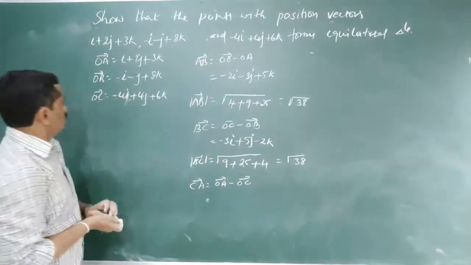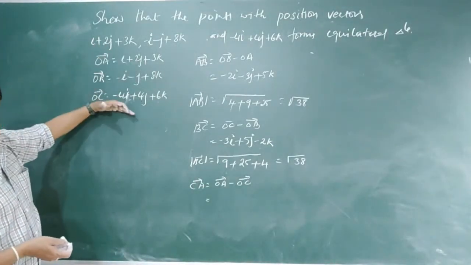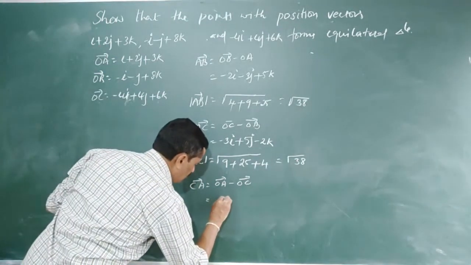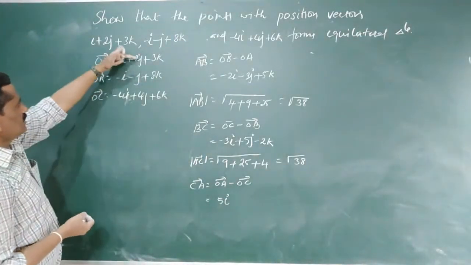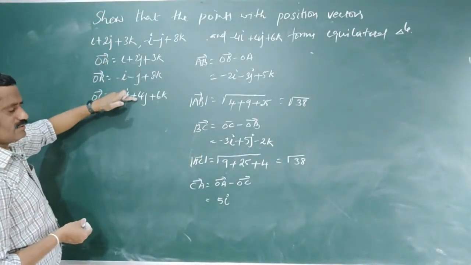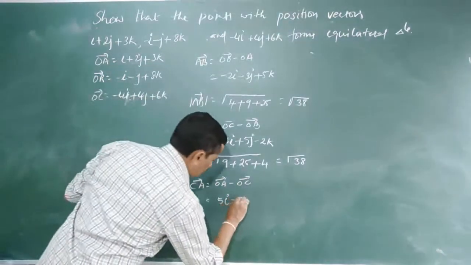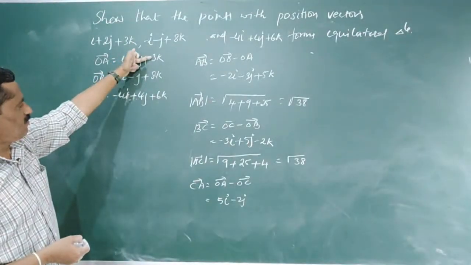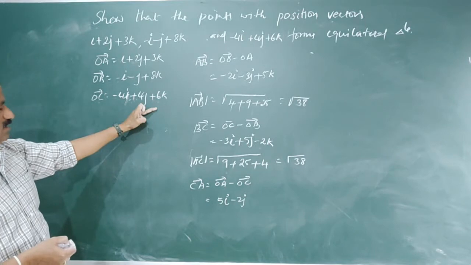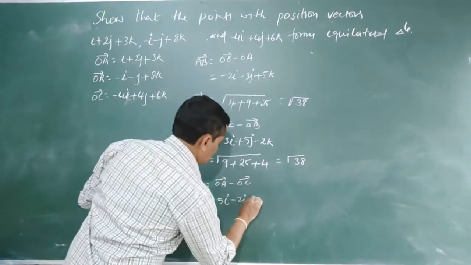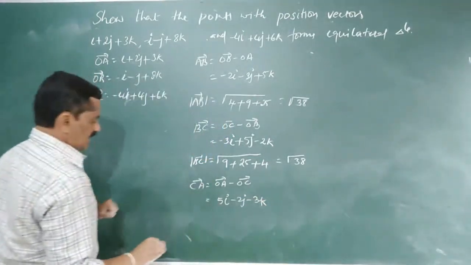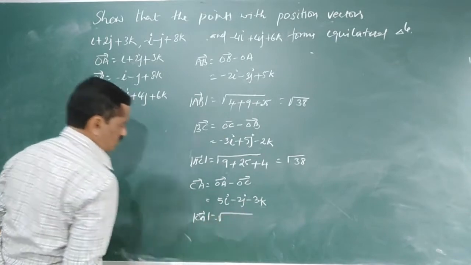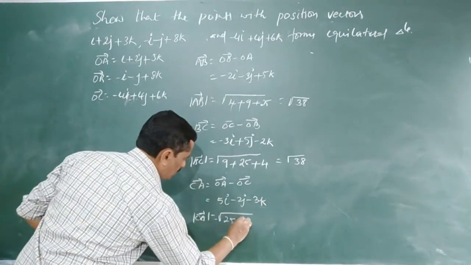Again that is equal to, this minus this, OA bar minus OC bar. So 1 minus of minus 4, we have that is 5i. Again this minus this, 2 minus 4, we have minus 2j. Again we have this minus this, that is 3 minus 6, we have minus 3k. Again therefore magnitude of CA bar is equal to square root of 5 whole square, we have 25, plus